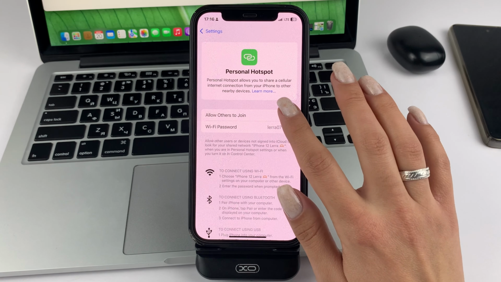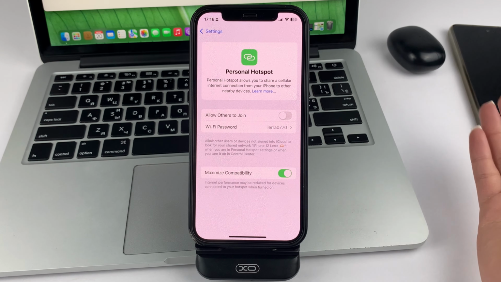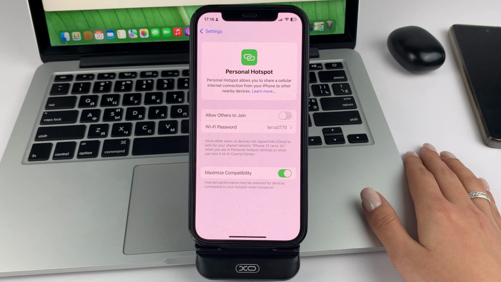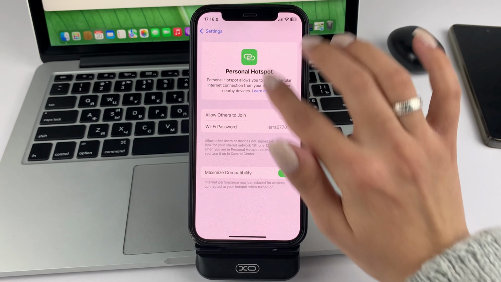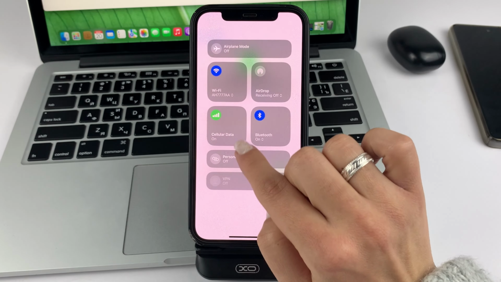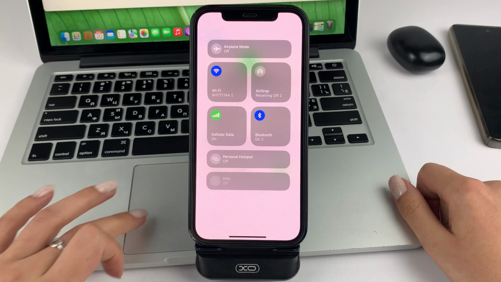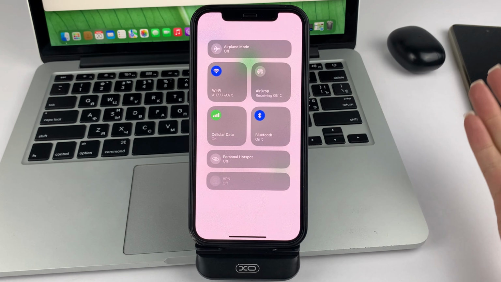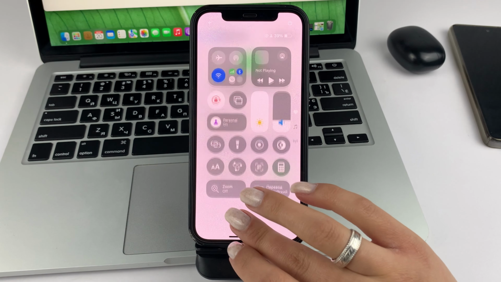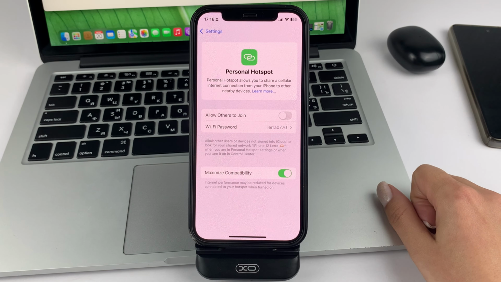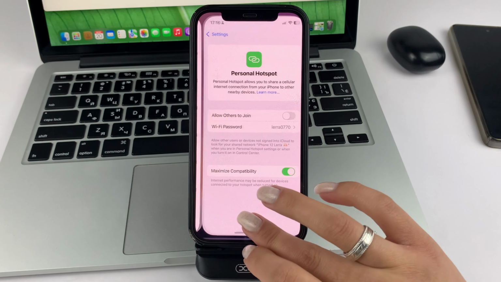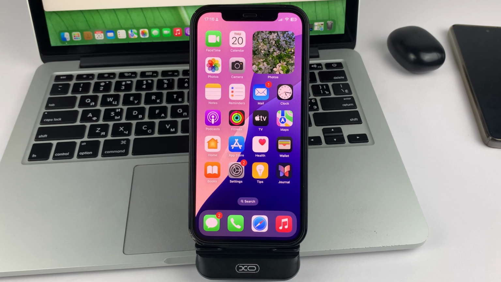After that, you will see that if a person has connected to your device, you'll see the hotspot signal light up here, and you will be able to see that the person has connected to your Wi-Fi. And they'll have a mobile connection through your hotspot as well. I hope that this video was helpful to you. You were able to see how you can connect to a hotspot on your iPhone.